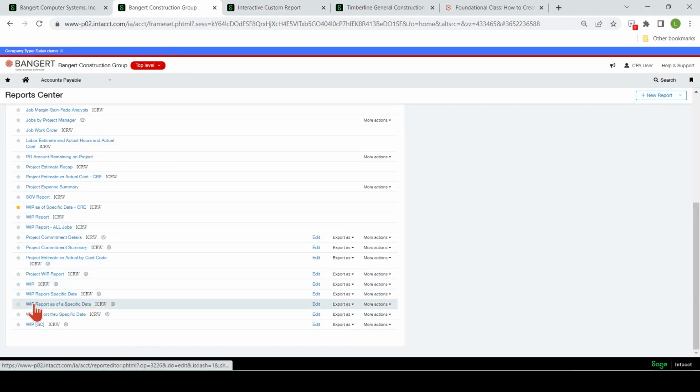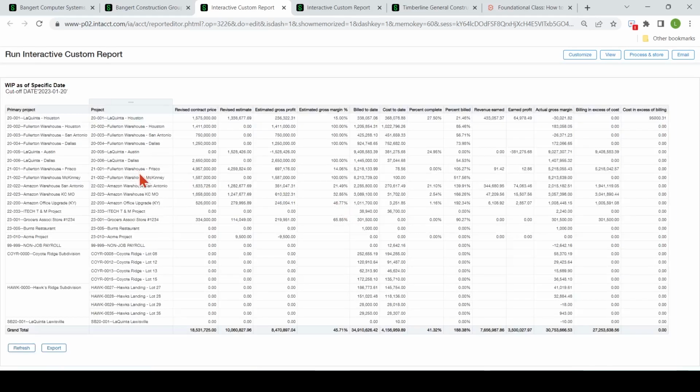So let's run this WIP report as of a specific date. And here you can see very standard WIP report, your revised contract price with your change orders, your revised estimate, your gross profit, your percent complete, what you've billed to date, your costs to date, and then your over under billings are over here.